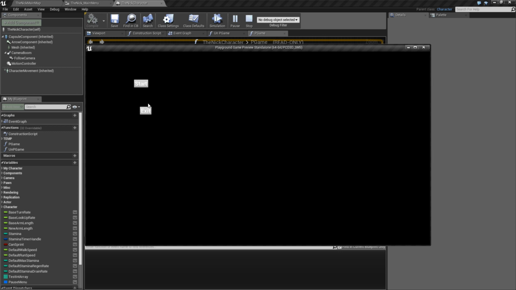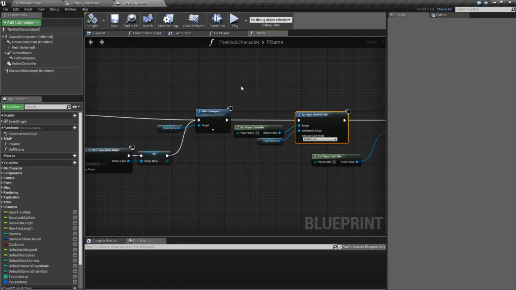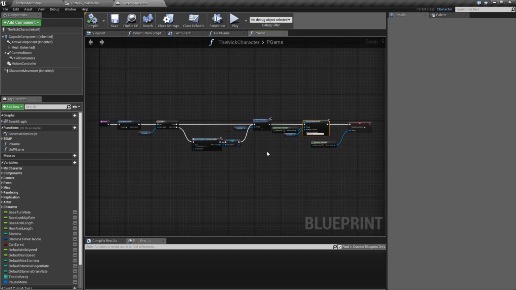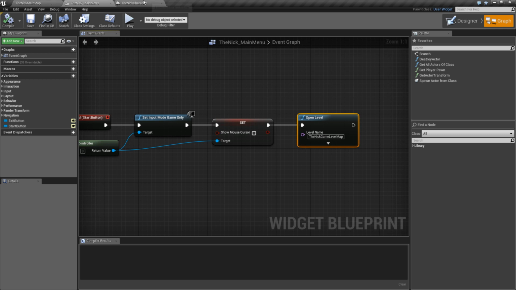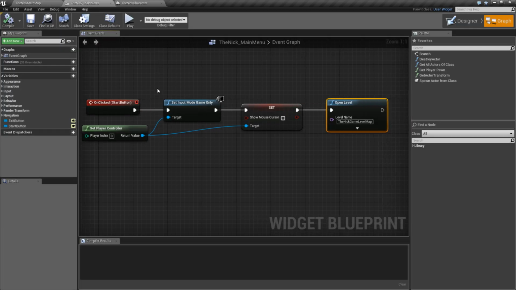I let the main menu do whatever it wants. When I hit start, again, it goes to the correct thing. So whenever you're in a UMG, a widget inside a user interface, if you're ever in a menu and you have the menu have complete control, you need to make sure you give control back to the player whenever you're done with the menu. So the other option, for example, probably the more appropriate way of doing this is,